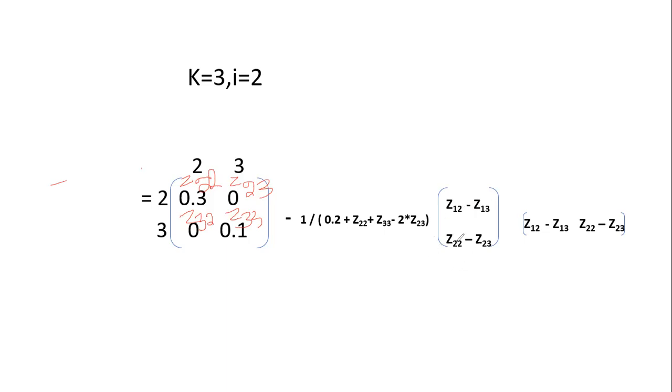Okay, then Z22 means the 0.3 and Z23 is also 0. Similarly, Z12 means 0, Z13 is also 0, 0 minus 0 and Z22, Z23. Okay, where the Z22 is the 0.3 and Z23 is 0, 0.3 minus 0. Okay, after simplifying this